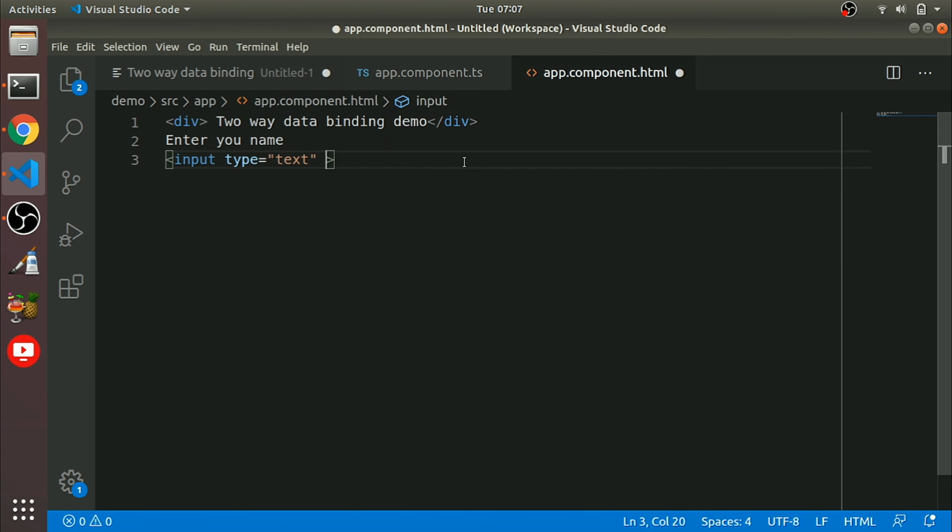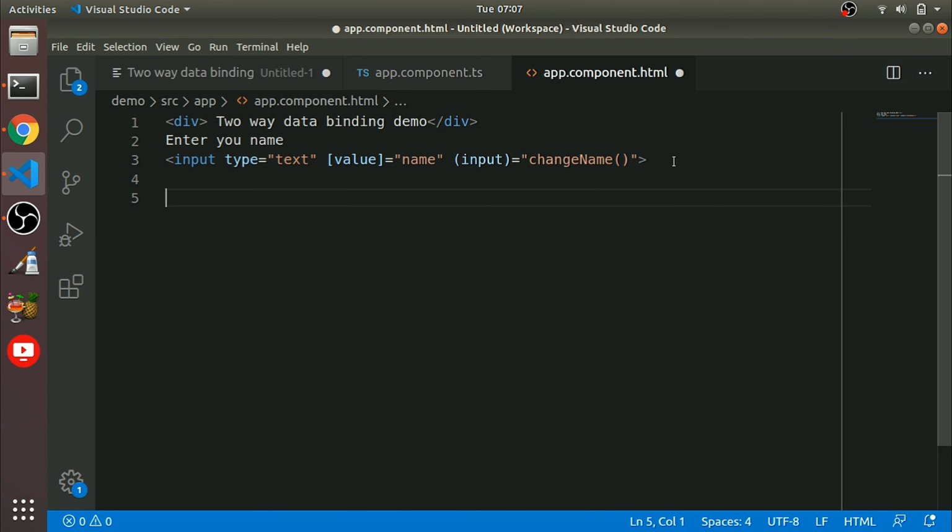This is the HTML element, so it has a value property. We are binding it to name, then it has an input event equal to changeName. This is a method bound to the input event.